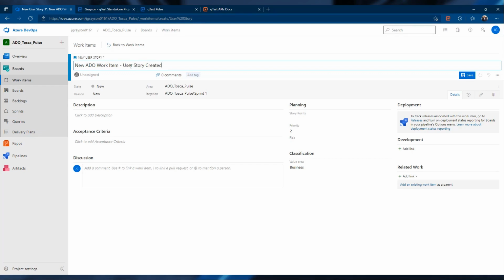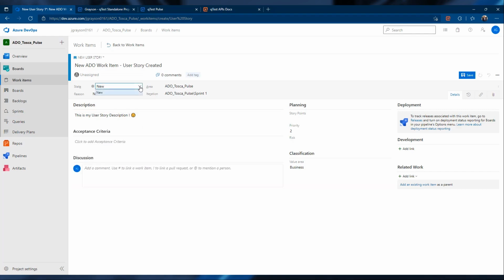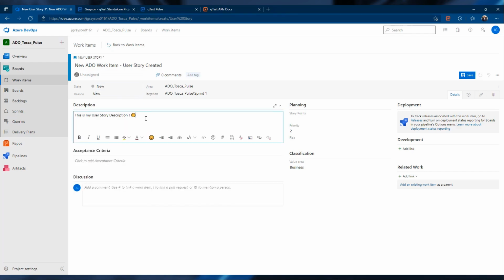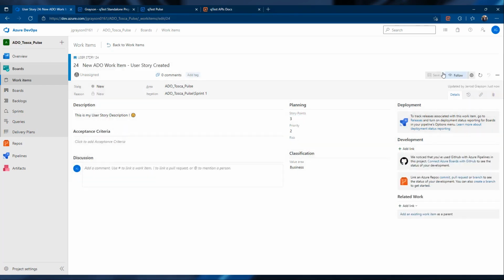Behind the scenes, ADO is going to emit a webhook event that sends a notification to Pulse. Pulse is then going to orchestrate the integration and the workflow and reflect these changes in Qtest. And we'll just add a little emoji just for fun. Right, so any fields, if I were to update the story points, once I click save, I, as a business